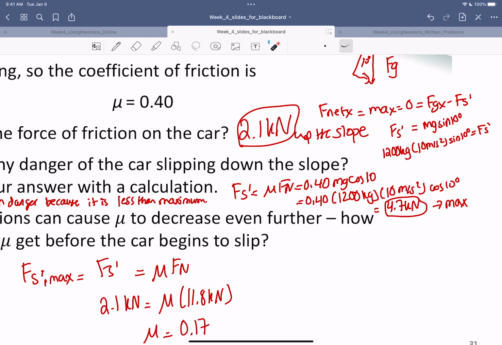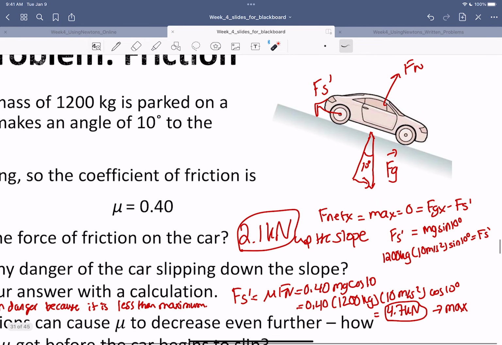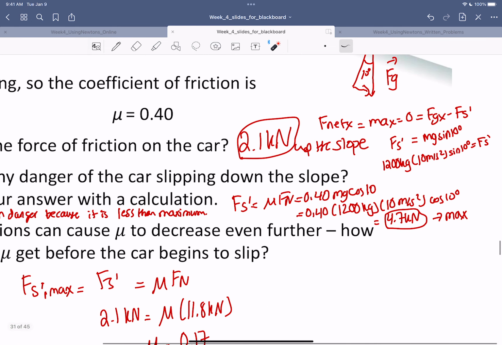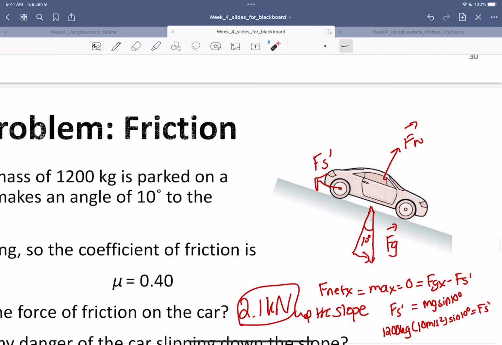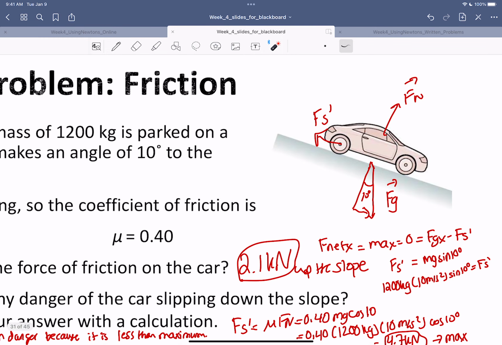So that's where I was saying this whole force is variable, because look, the car here is parked, right? So when it's parked, there's a static friction force of 2.1 kilonewtons, or 2,100 newtons, right? If that car was about to slip, then it's kind of like that problem with the box, right? If I relieve some of that pressure, maybe let's say if I wasn't parked, if I had the brakes on for something, and I start to relieve a little bit of that pressure from the brakes,